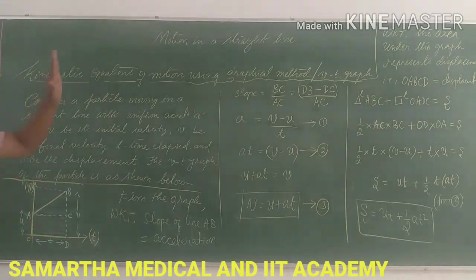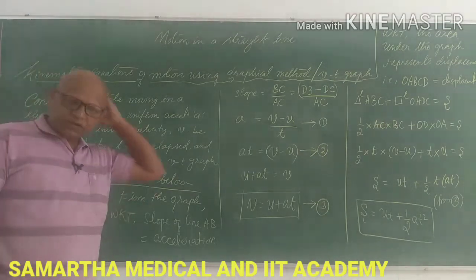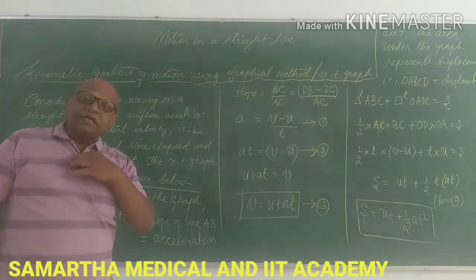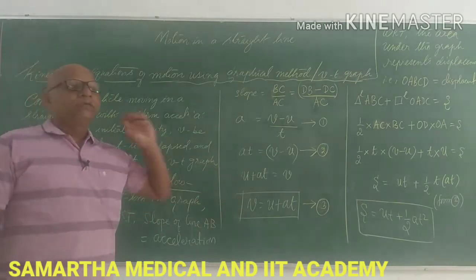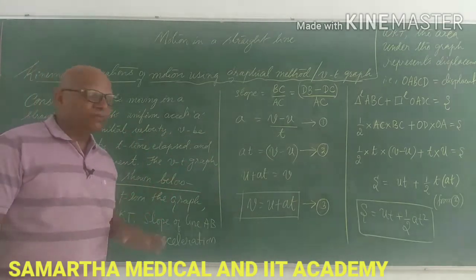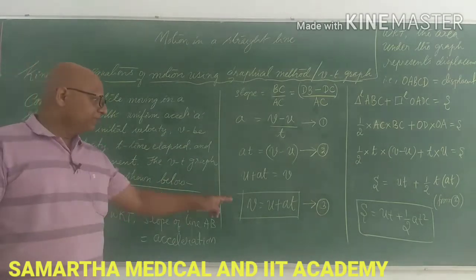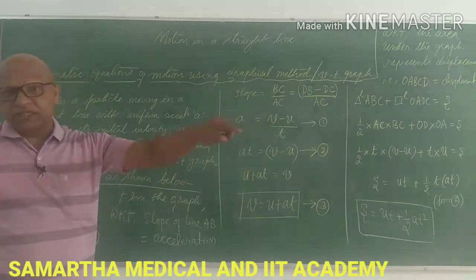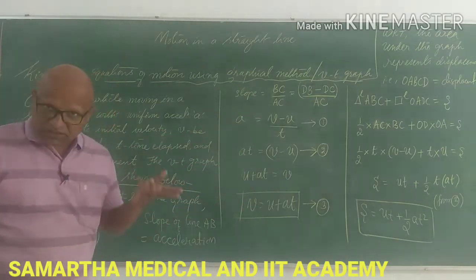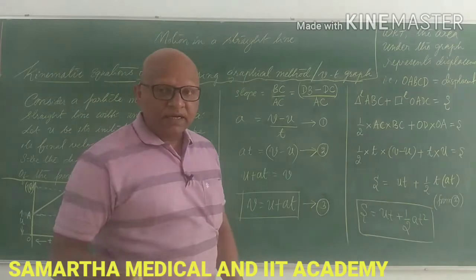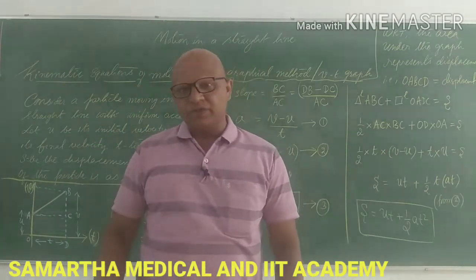So just look at this picture. Look at this derivation. It is a 5 marks derivation. In the examination, you will be asked only to derive any two of the equations. Generally, they won't ask to derive all three equations: V is equal to U plus AT, V square is equal to U square plus 2AS, S is equal to UT plus half AT square. They may ask generally any two of them, like the first and second equations, or the second and third equations. Sometimes they may ask all three, it depends. But what I suggest is you just write and learn how to derive all three equations of motion.